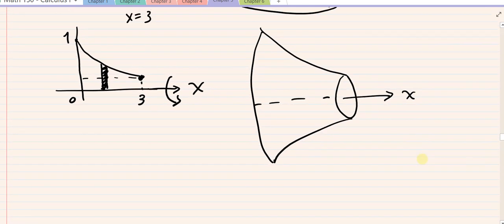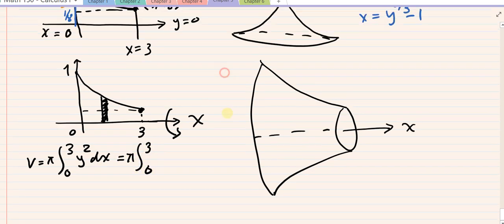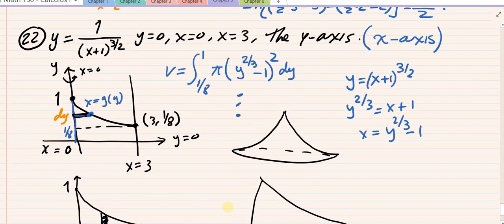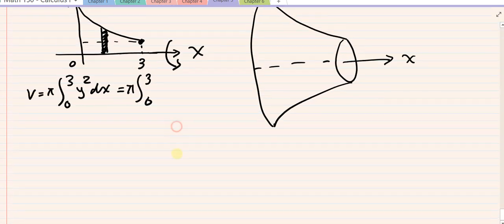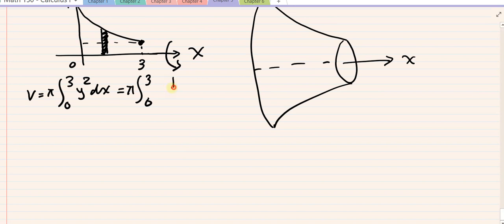Okay, let's set up our integral. Our integral is going to be, the volume is pi from 0 to 3 of r, which is f of x. F of x is y squared dx. Now, that's going to be pi from 0 to 3 of, the equation was 1 over x plus 1 to 3 halves. And then we square it, right? 1 over x plus 1 to 3 halves